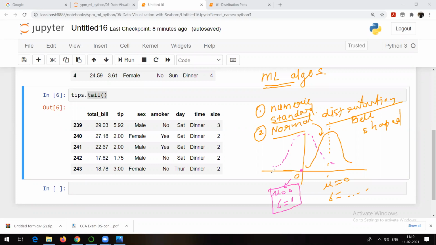Right? I hope you know what standard deviation is. Standard deviation means how much the values deviate from the mean. That is called standard deviation. For example, this is -1 to 1. So between -1 and 1, whatever values you are able to see, this value, how much does it deviate from the mean? This value, how much does it deviate from the mean? That is standard deviation.